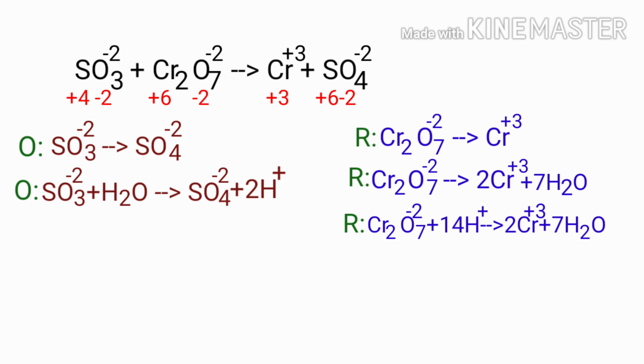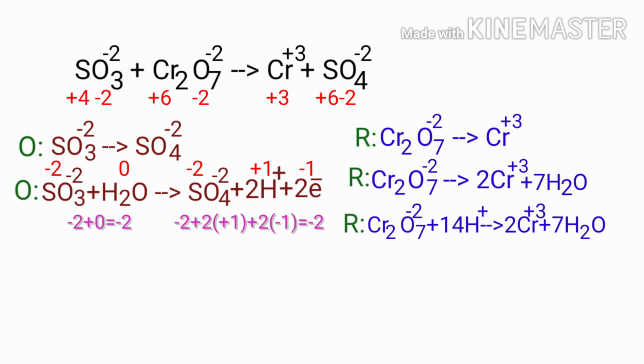For a redox reaction, the sum of charges on both sides should be equal. So try it in the oxidation half reaction. Both sides are not equal. To make them equal, you should add electrons, as you can't add protons. Thus if you think of adding 2 protons to the left side to make it equal to 0, it is wrong. But you can add 2 electrons to the right side to make it equal to minus 2. Now the charges in the oxidation half reaction are equal.